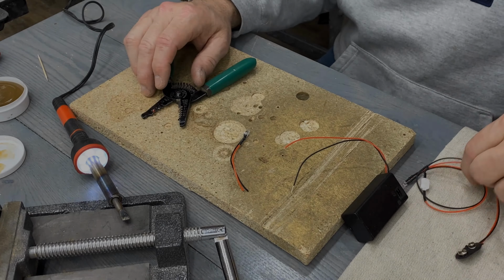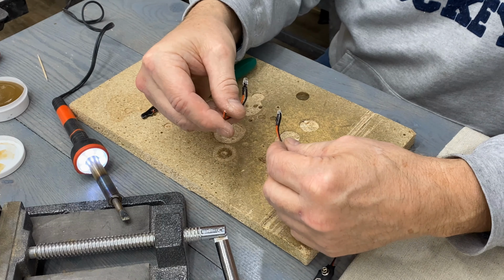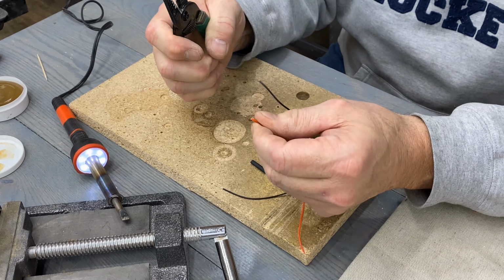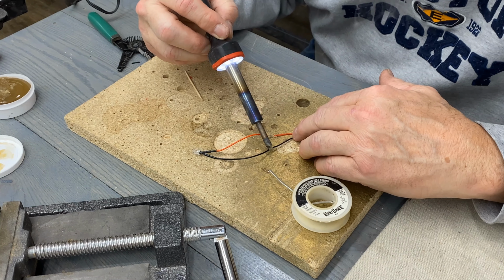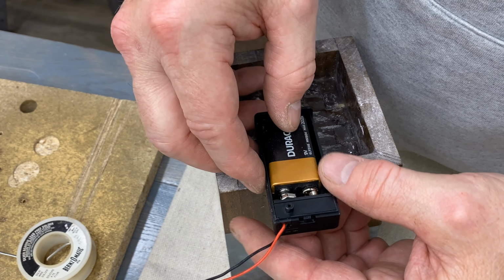I had purchased these 9-volt LED lights and the switched battery boxes separately, meaning that I needed to splice the two pieces together. The box allows me to mount the battery on the inside of the light, and it already has a switch on it, so the LED corded switch can go. This was just a little cut, strip, solder test,